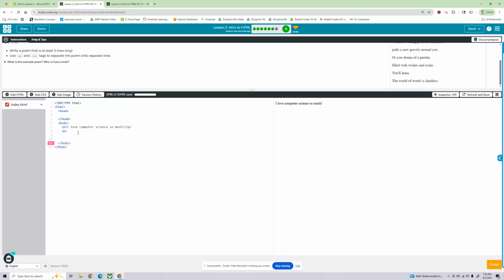Start a new one. I love computer science so much. What rhymes with much? I wish someone had taught me such. Again, I already called myself out. It's not going to be the best poem ever, right? Okay. So that's 2 lines. We need at least 5 lines. That's 2 so far. So third line,